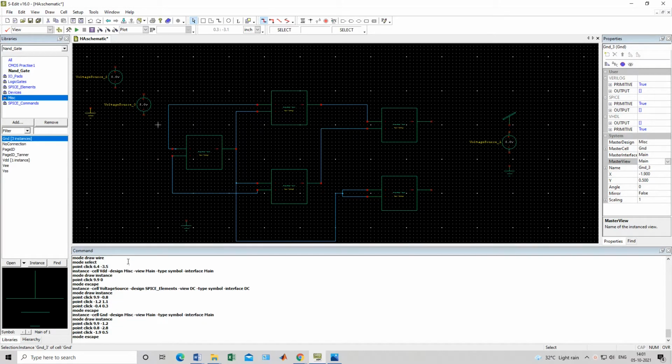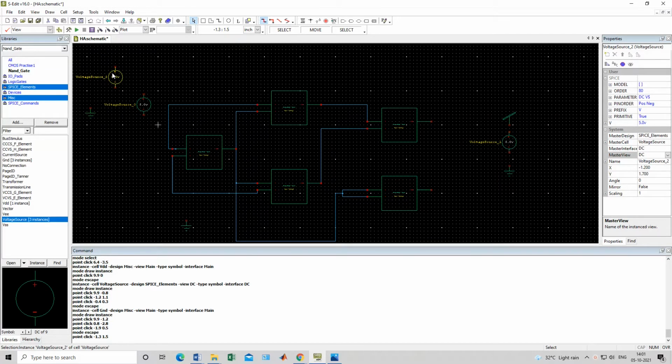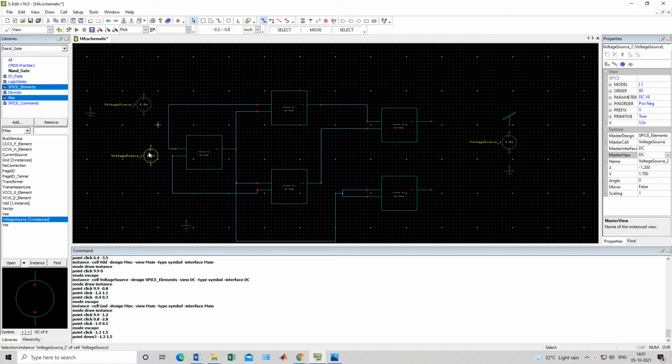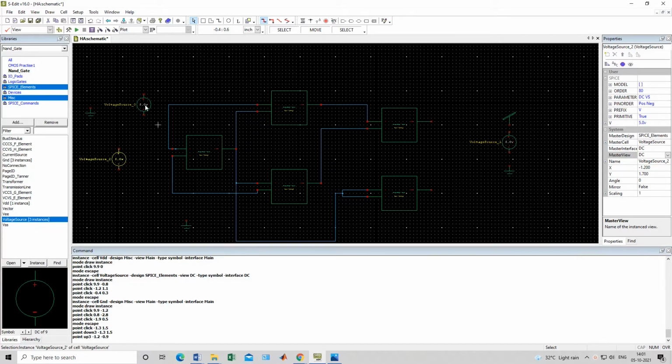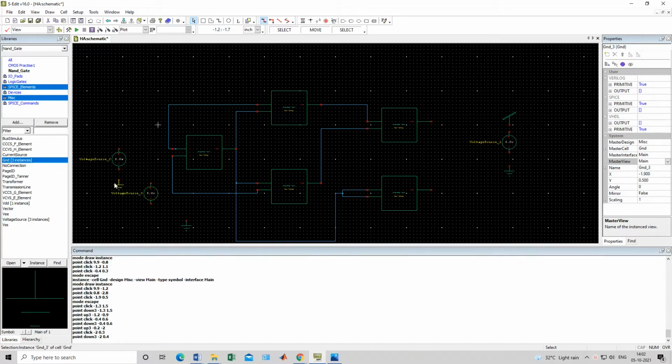Okay, done. Now this VDD, first one, I will drag it using the rotator button on the mouse. You will press that button and you can drag this. I will keep it here. This is A, and I will keep it here. This is the B connection. This is ground and this is the ground.